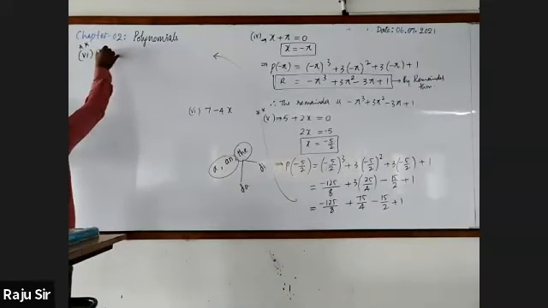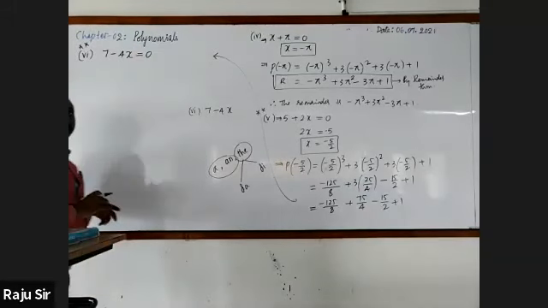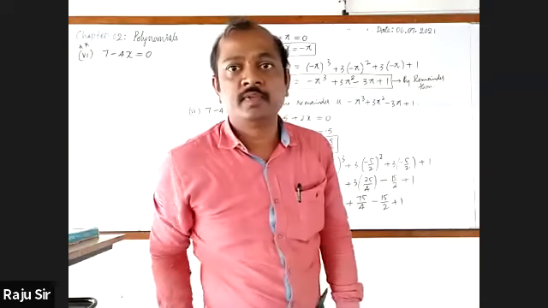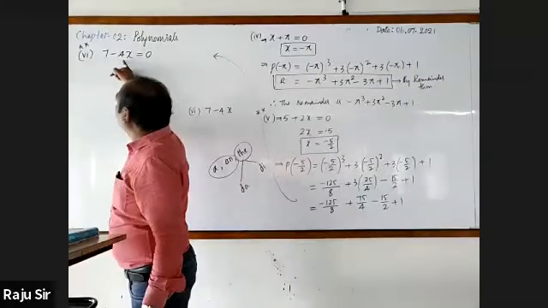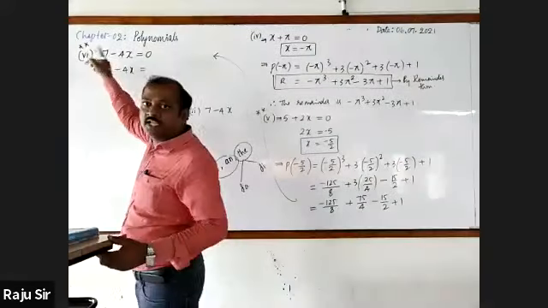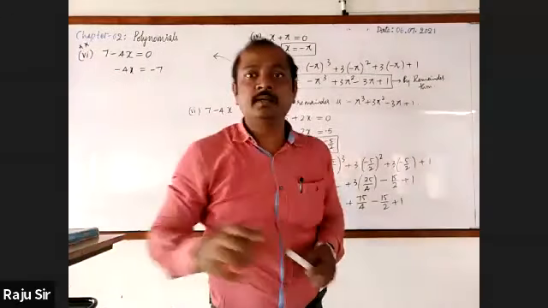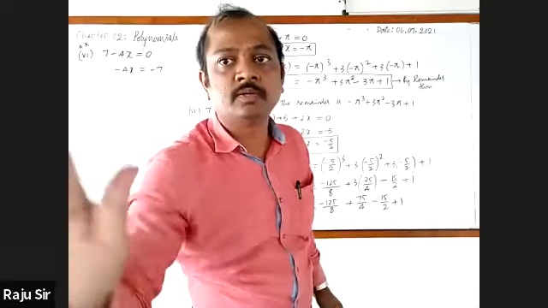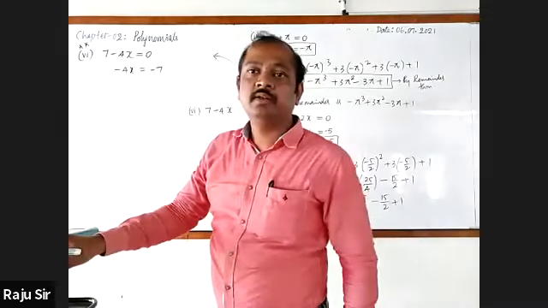Let's go along with me. The given divisor is 7 minus 4x. It should be equated to 0 because we are going to find its zero. We want the value of x. Let me write minus 4x as this. Transfer 7 to the right-hand side. It becomes minus 7. X is equal to 7/4. Wait. Don't tell. I'll ask you.